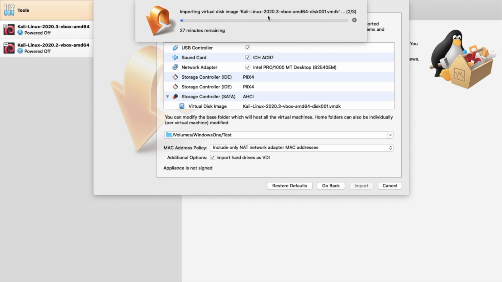and also I will show you the password change for root, because this image comes with the default username and password, that is kali and password kali. Kali does not have root privileges, so you will have to change the password, and only then will you be able to log in using root.